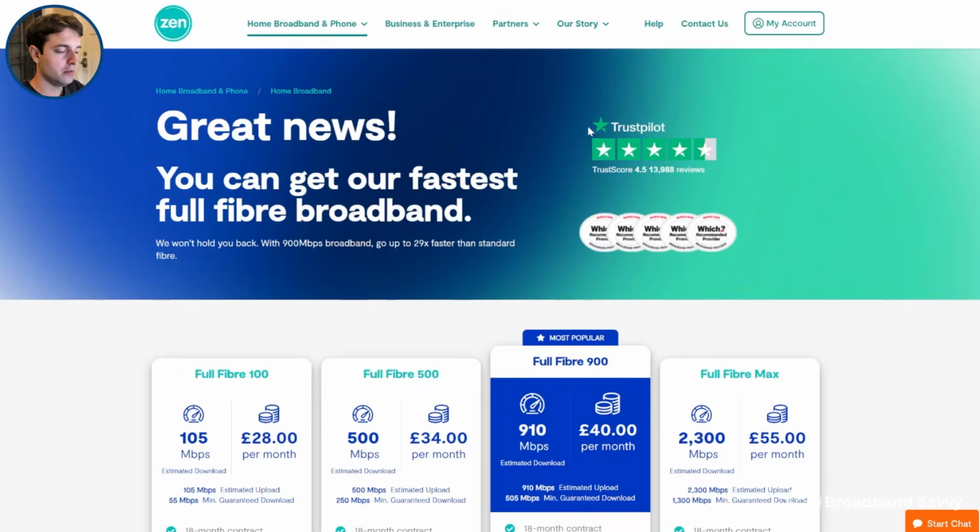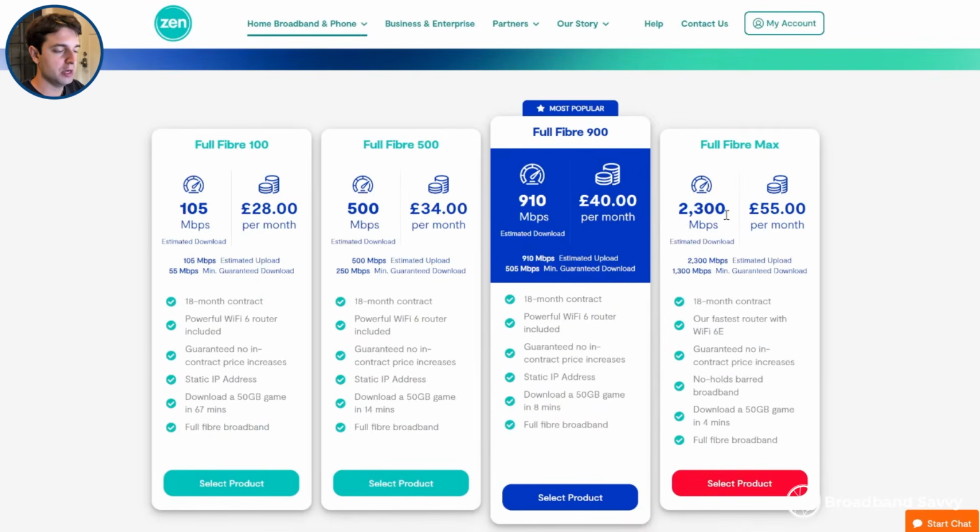household. It's also worth mentioning, another good thing about Zen is they also use the CityFibre network, which is essentially another set of infrastructure, another separate fibre network from the one that BT owns. So if you're in a CityFibre area, you can get up to 2,300 megabits with symmetrical download and upload speeds, which is really good. But same as in Openreach locations, it would be good to see a plan or two